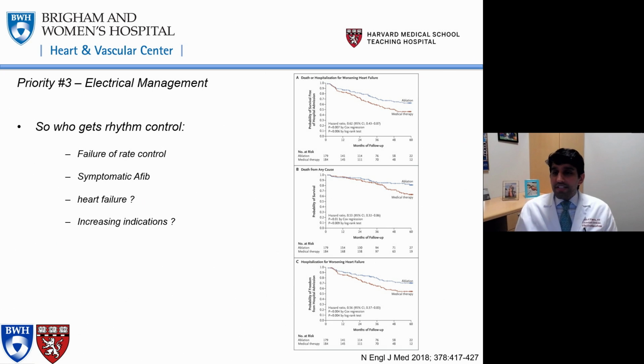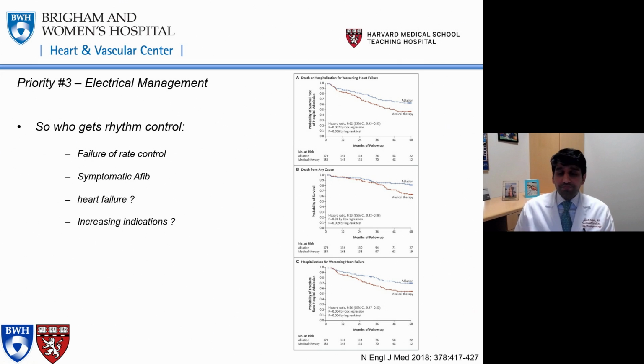A couple of studies have shown that patients with heart failure or young patients might actually benefit from rhythm control. Why are we seeing that now compared to what we saw from those large trials that I mentioned on an earlier slide? Well, the reason is the way we are rhythm controlling patients now is a little different. It's with catheter ablation as opposed to antiarrhythmics alone. Catheter ablation has really revolutionized